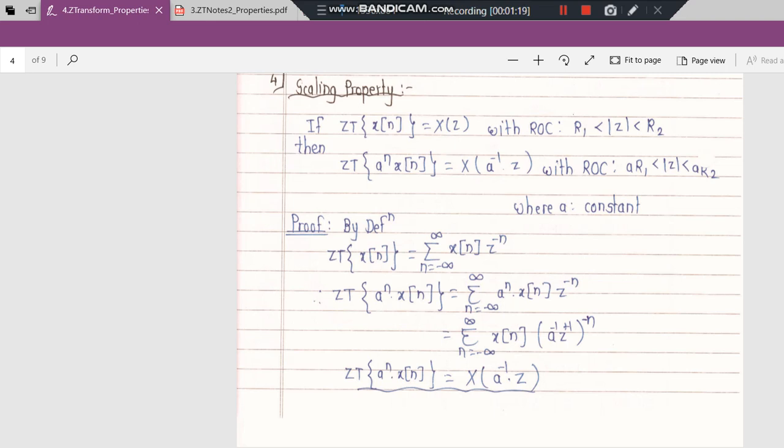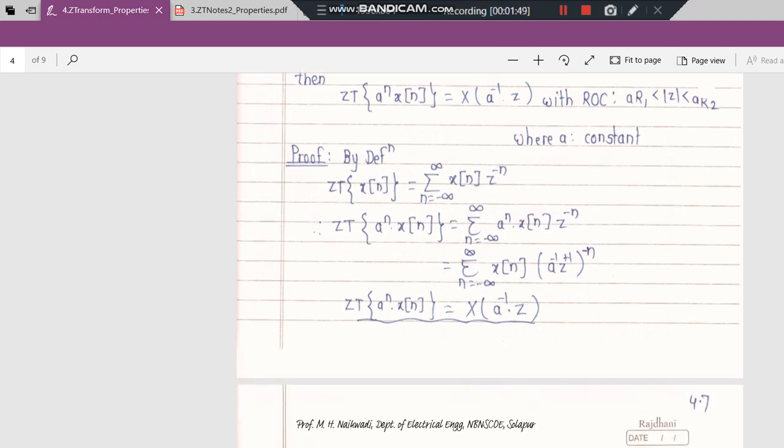Just like we had scalings in the time domain, the scaling can be in the frequency domain as well. So this was your signal, and this is the Z transform X of z. This a is a scaling factor. Depending upon the a value, whether it is less than 1 or greater than 1, it will be time compression or time expansion. Let us try to understand how we can prove this property.